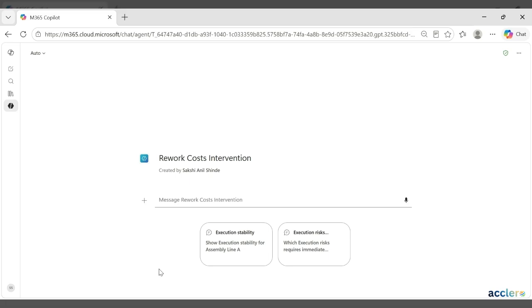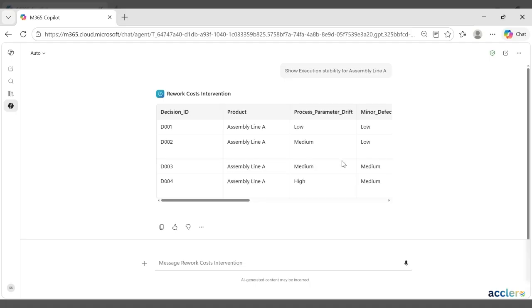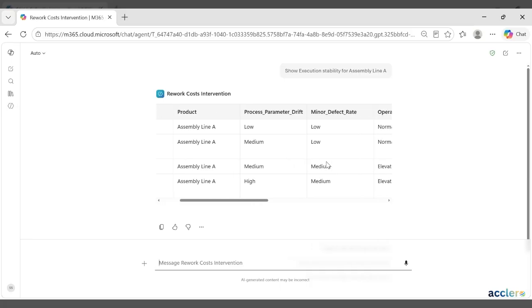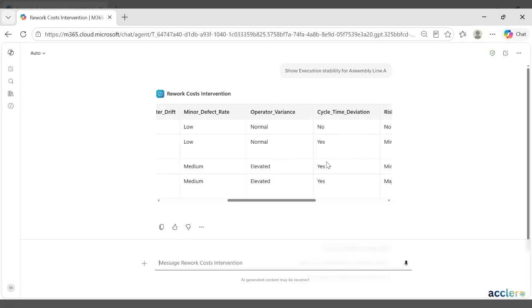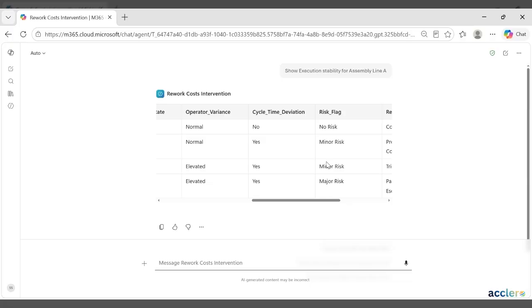So let us test the agent. Here I ask the agent to show the execution stability for assembly line A. Here the agent analyzes the execution stability for assembly line A. The agent surfaces key indicators like process parameter, minor defect rate, operator variance, cycle time deviation